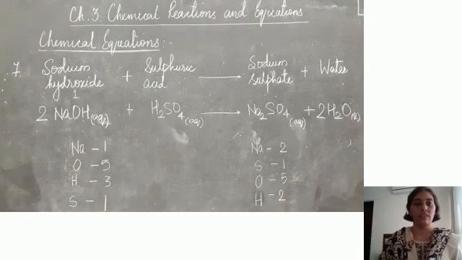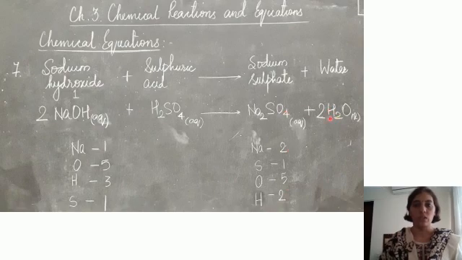Okay, let's learn to balance this equation. It's a very simple balancing. Here we have written sodium 1 atom, and oxygen 1 here, but counting on the reactant side, 4 here, so the total becomes 5. Hydrogen 1 here, 2 here, total becomes 3, and sulfur is 1. On the product side we have sodium 2, sulfur 1, oxygen 5, that is 4 and 1, and hydrogen is 2.